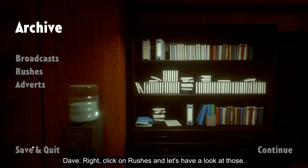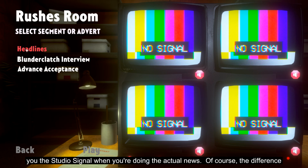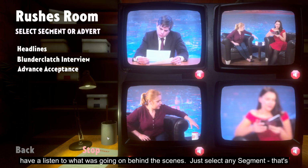Right, click on rushes and let's have a look at those. Okay, these 4 screens, they're exactly the same as the 4 screens that feed you the studio signal when you're doing the actual news. Of course, the difference here is you can mute any screen you like or any combination of screens, and you can have a listen to what was going on behind the scenes. Just select any segment, that's any bit between...